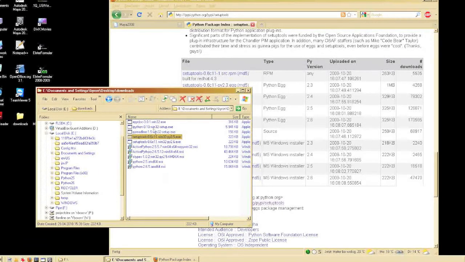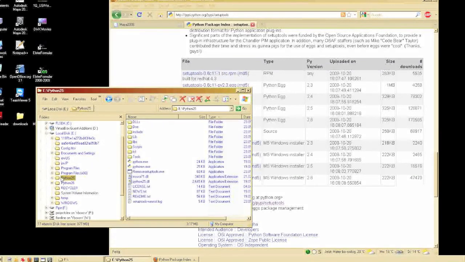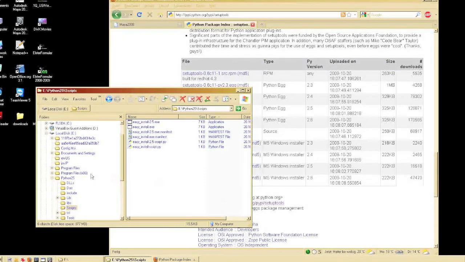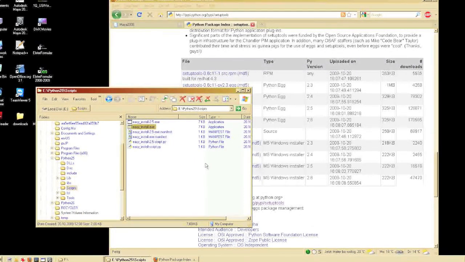That's what we do. The cool thing is that many of these modules here are pure Python, so you can just really copy them back and forth between the versions, and that's what we're going to do. It's a bit of a hack, and it's not necessarily working for everything, but I have to do it that way, I guess. Good. So in our scripts folder, which has been created for us, we see the easy install